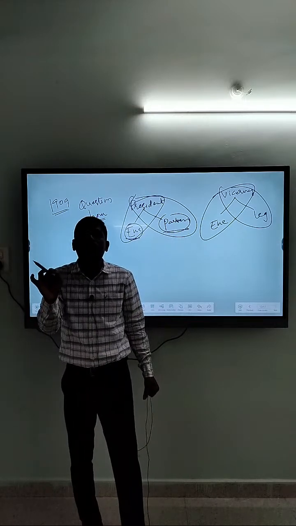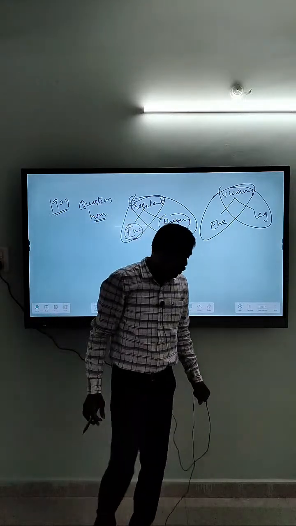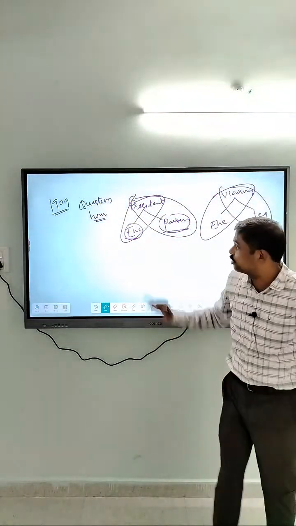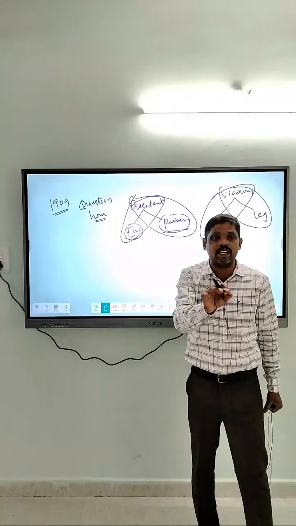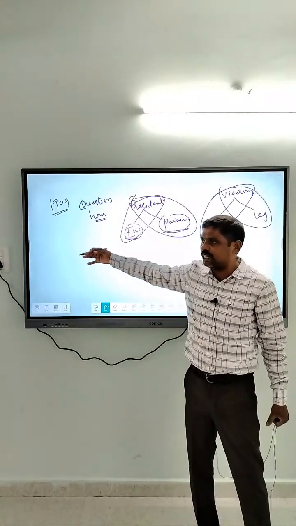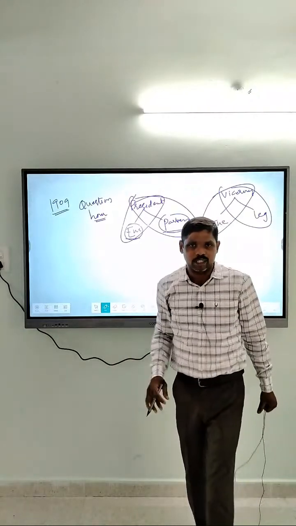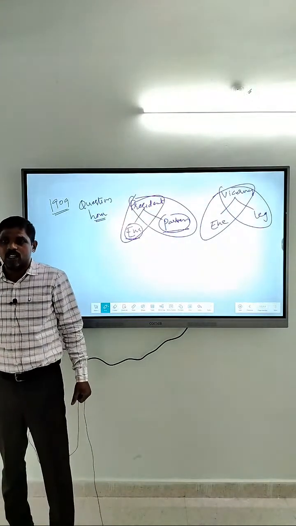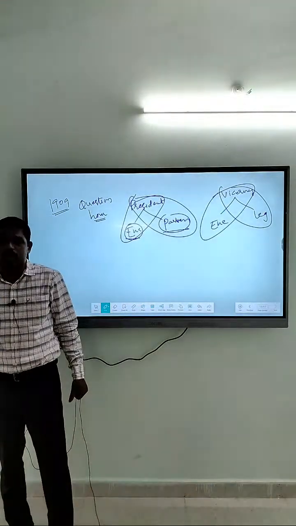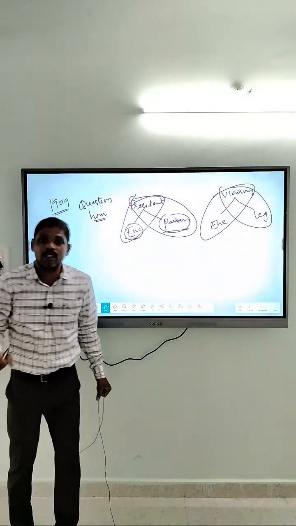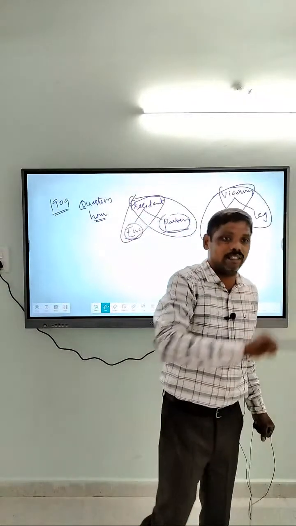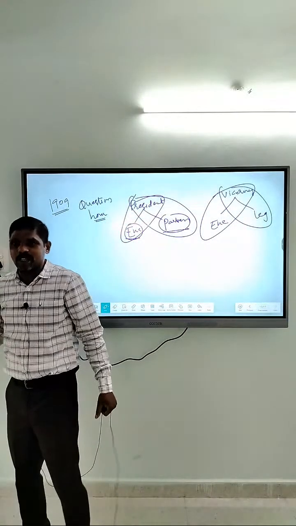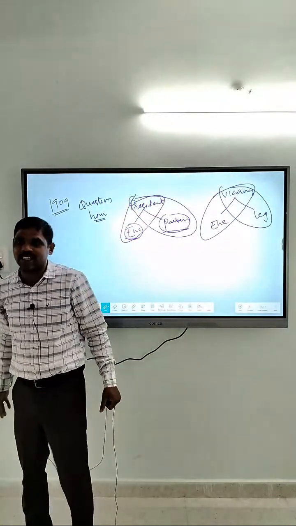And the most important instrument in the hand of parliament to hold the government accountable is question hour. Out of all the instruments, a very important question was asked, I think in 2021 prelims, maybe 21 prelims or 20 prelims. Out of all the important instruments, the most important is question hour, by which parliament can question the government. So this concept you can use in public administration as well as in political science.